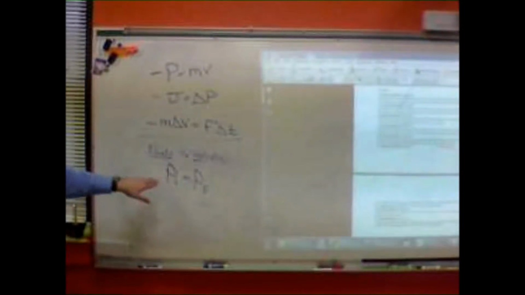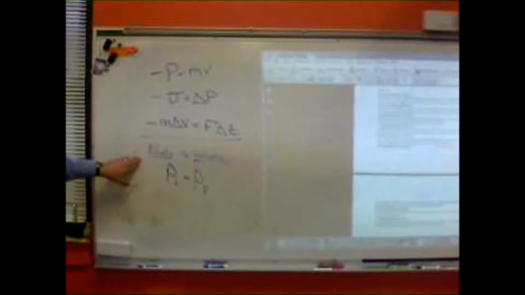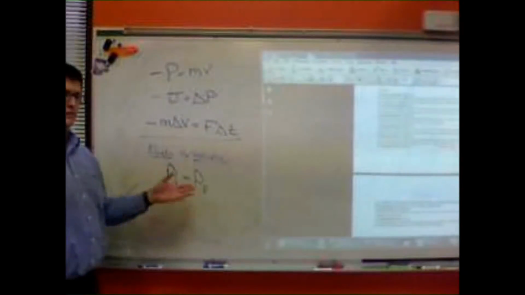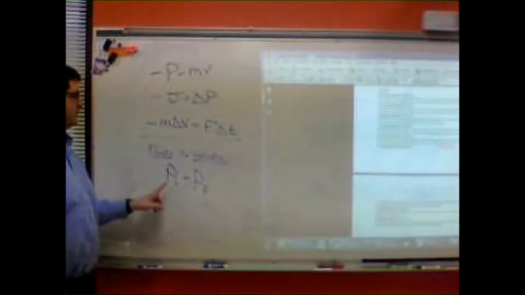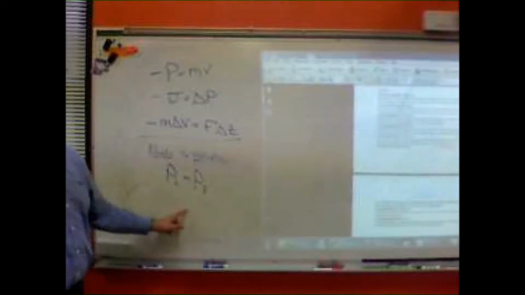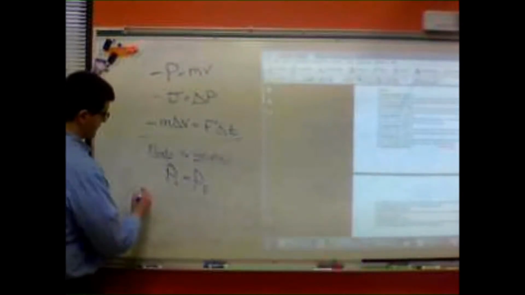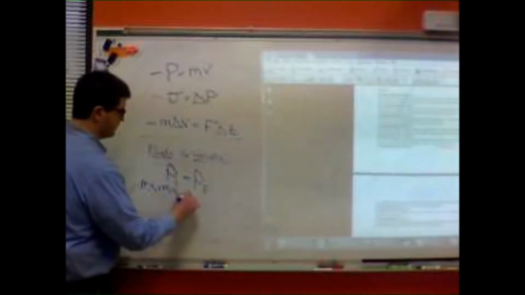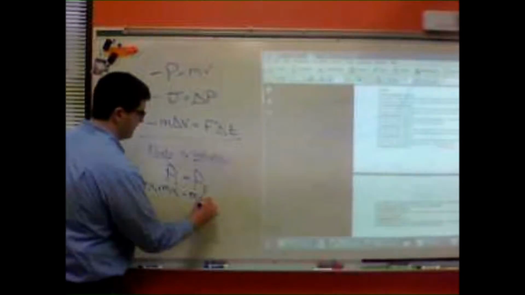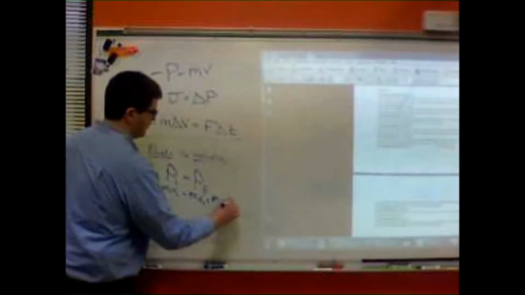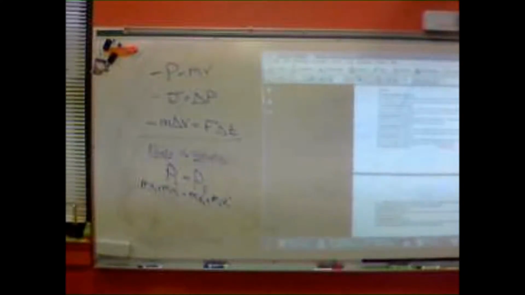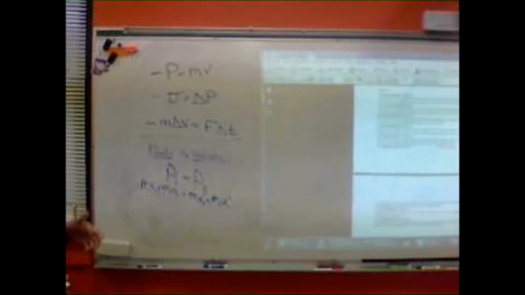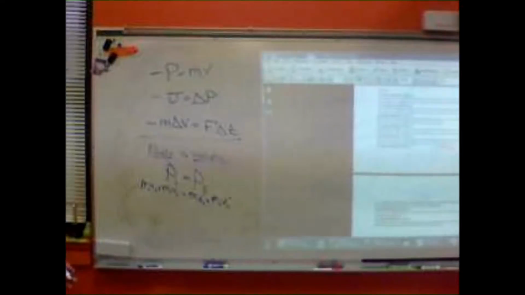Now let me just backtrack here. Energy is conserved in elastic, not conserved in inelastic. But in both cases, assuming there are no external forces, the initial momentum is always going to be equal to the final momentum. And so if you have multiple objects, you end up with m1 v1 plus m2 v2 equals m1 v1 prime plus m2 v2 prime. And from here, you should be able to solve for any of the missing variables. All right? But also be ready to look at graphs, too.